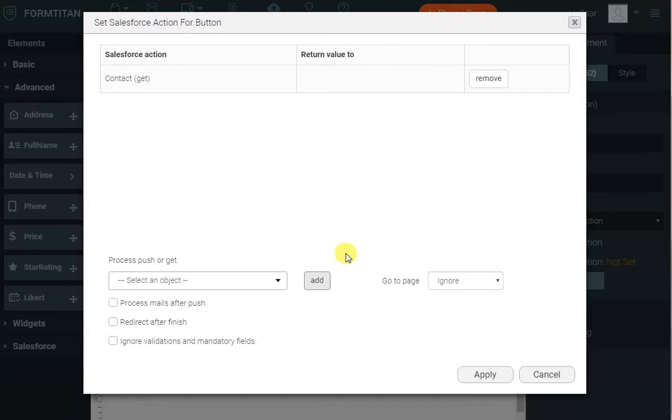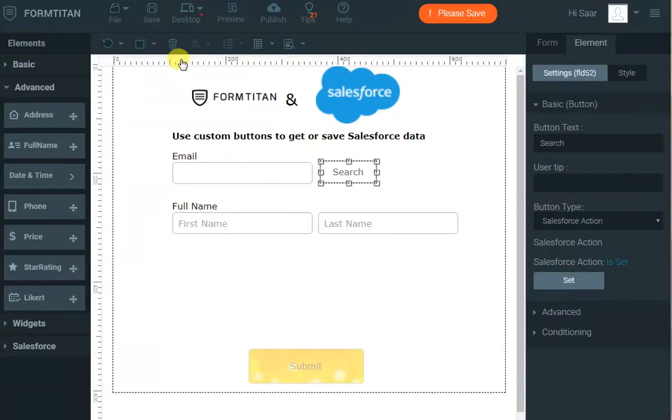After the action, you can actually go to a specific page if you've got a page break. You can send emails, you can redirect to another URL, and so on and so forth. So let's see how this works. So we go back to our form,